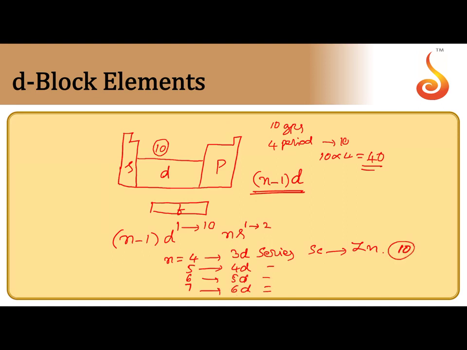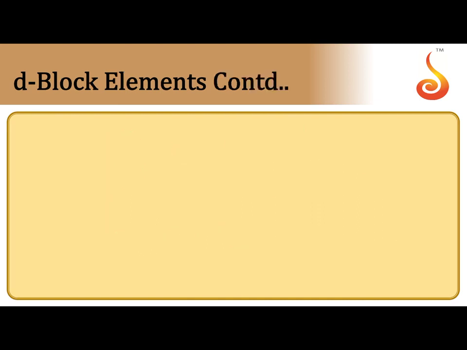Next, transition elements. All D block elements are not considered transition elements. Based on their characteristic properties, elements are divided into 4 types: representative elements, inert gas elements, transition elements